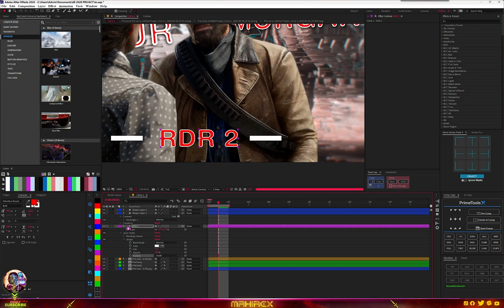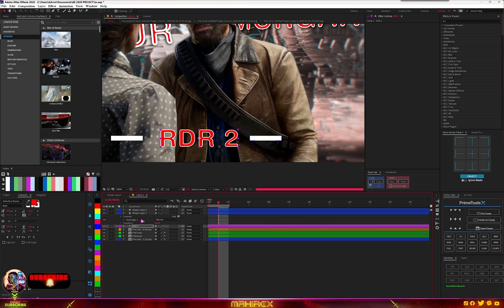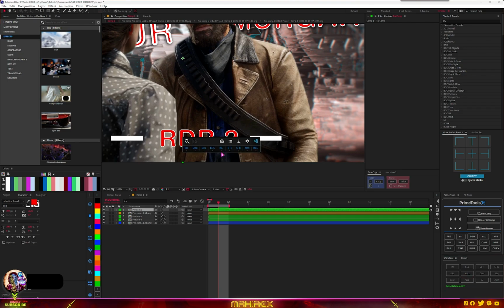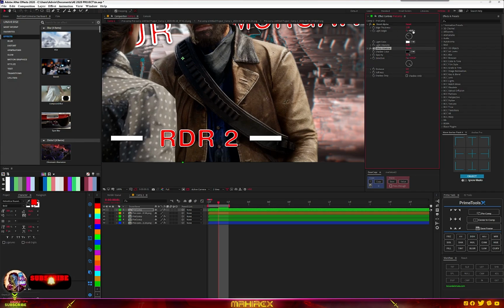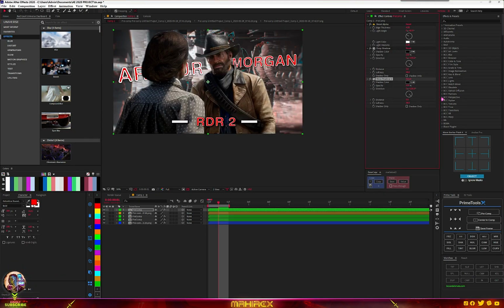So all I have to do is just select all of these, 1 2 3, pre-compose, add bevel alpha, and add your drop shadow. So drop shadow, so duplicate the drop shadow, Control D, duplicate this, and now we can also pre-compose it again. So pre-compose,